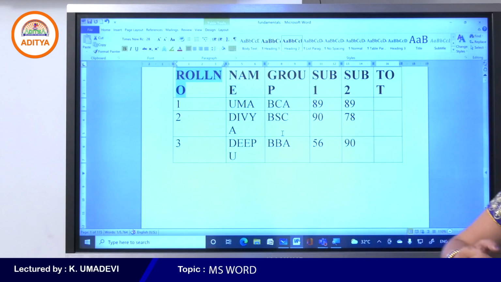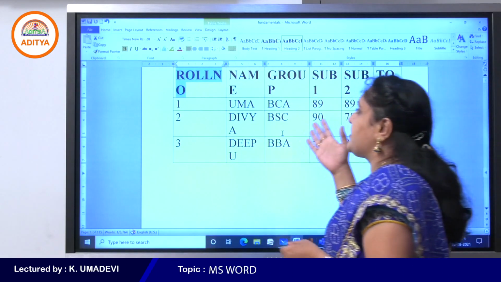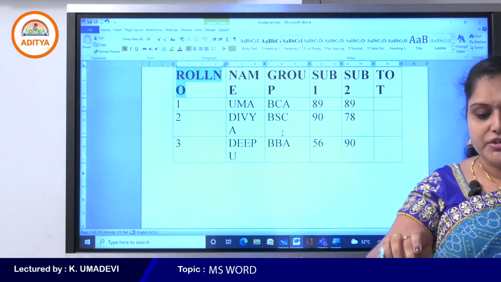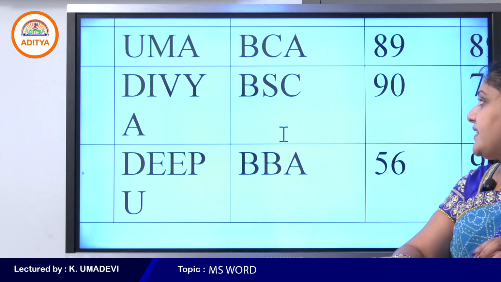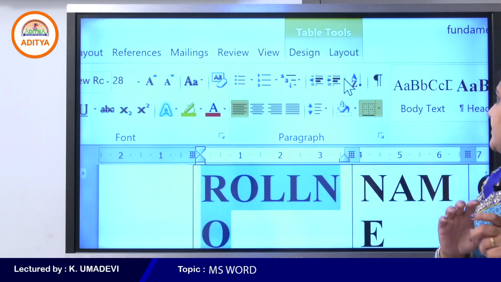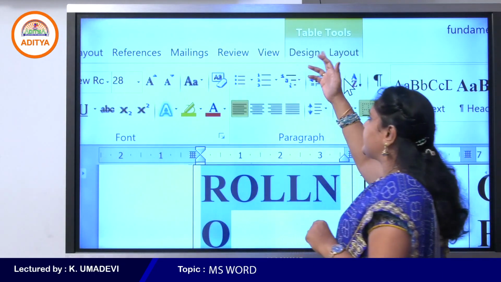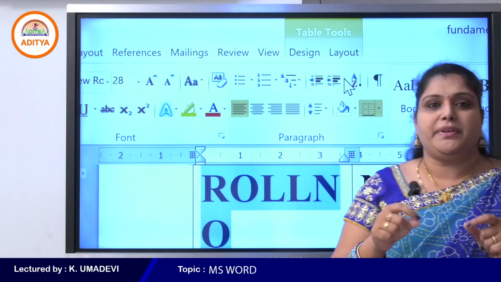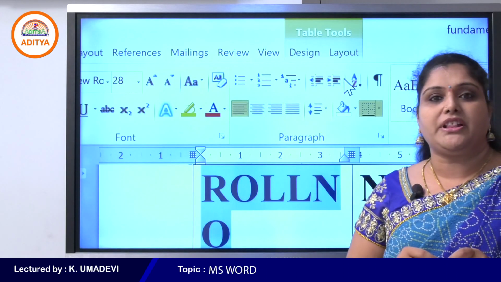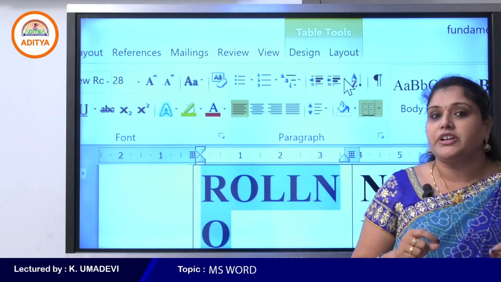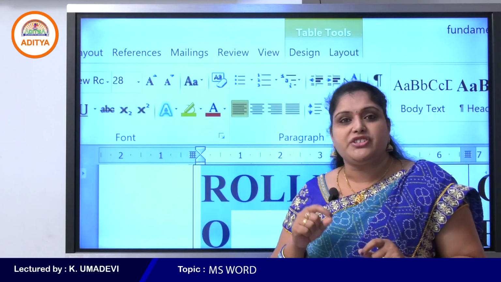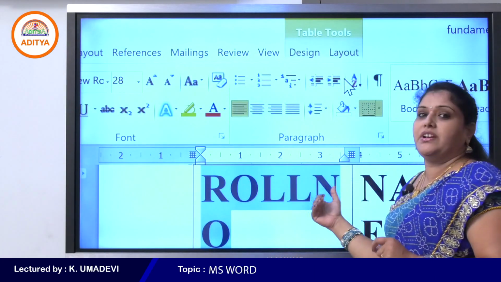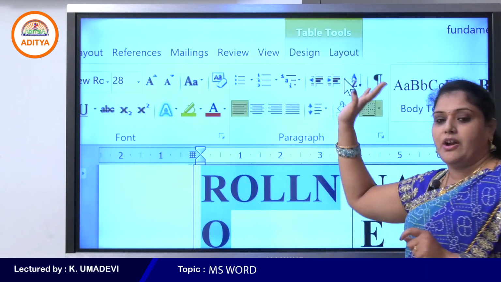Now we are going to discuss the table style. Once you create the table, just observe the ribbon, students. Once you create the table, you get these two tabs, that is the design and layout tab. That means when you select the table, two tabs are displayed on the ribbon. Those are called contextual tabs or hidden tabs. You can see these tabs when you select a table.